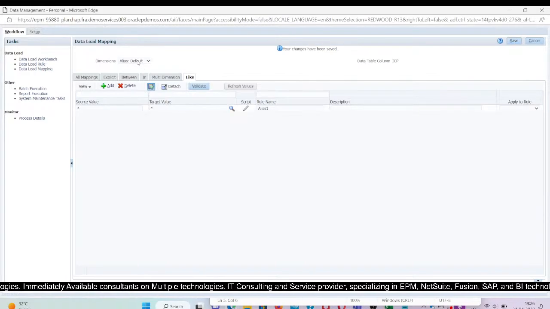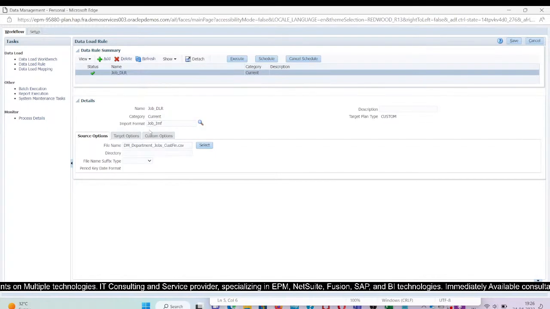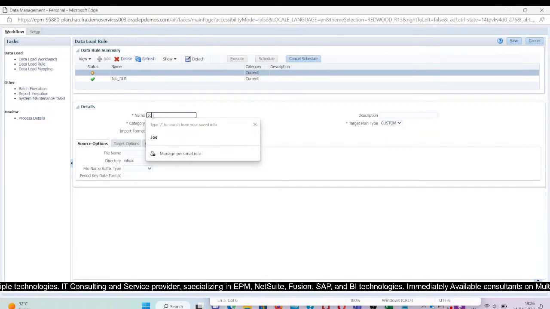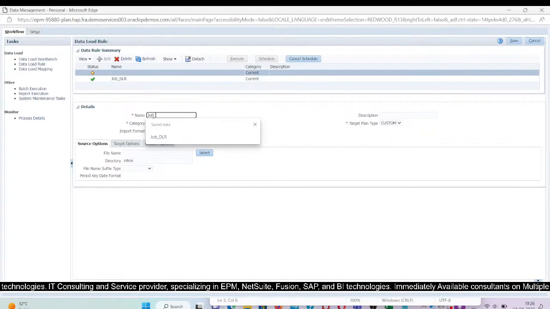Similarly, I have done the like mapping for data storage, member name, parent, and UDA. We don't need to map the data in it. After data load mapping, I will go to the data load rule. Here I will add a data load rule. I will name it as job_DLR,